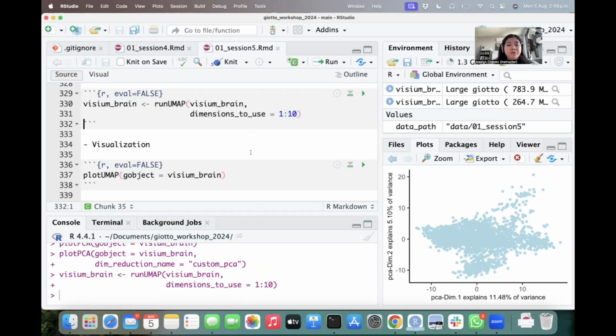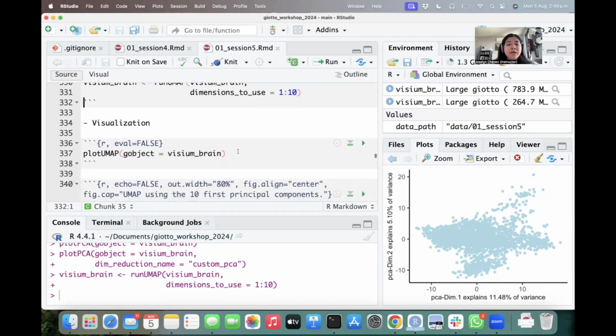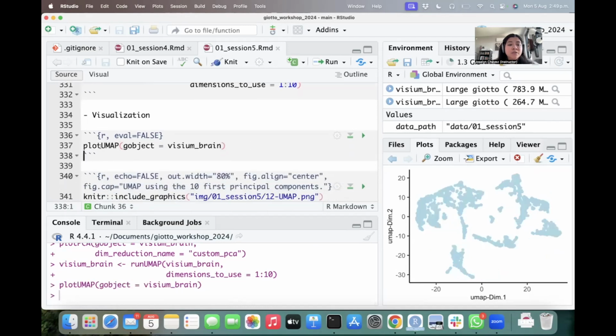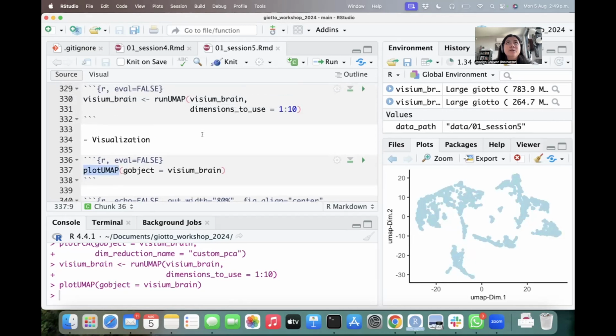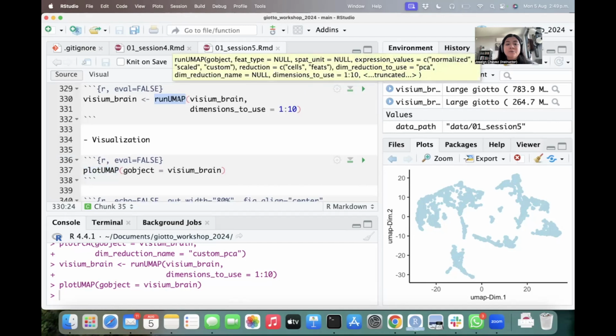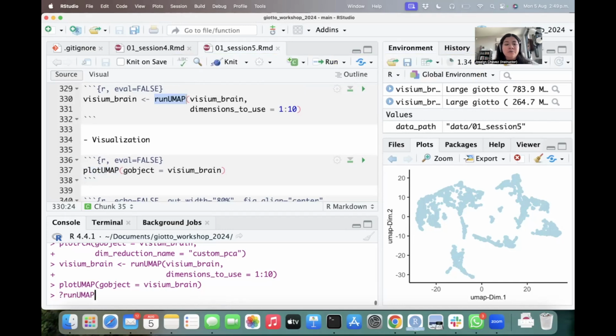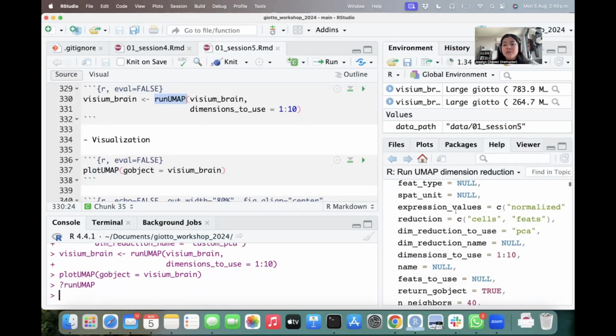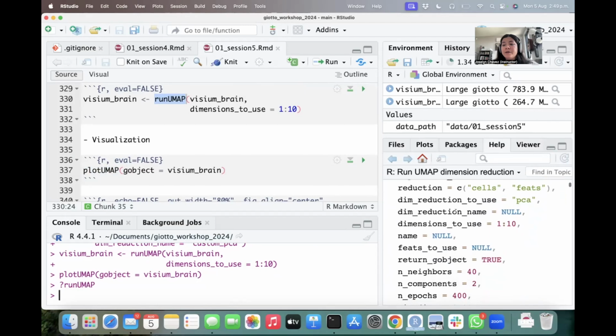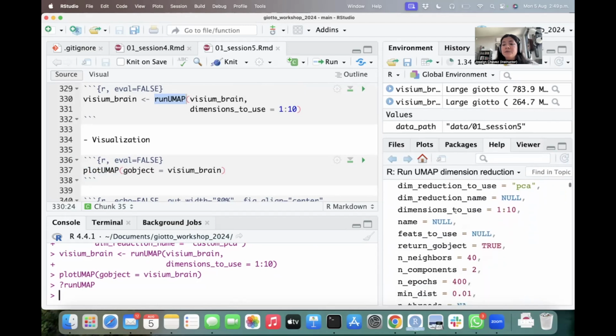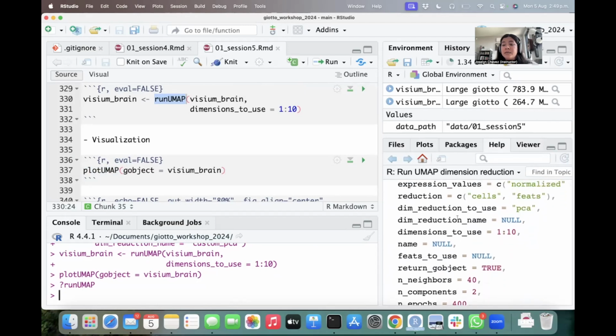So we are running our UMAP, and then we can plot it. Using plot UMAP again will look for the default name resulting from running the UMAP. But if you go to the help of run UMAP, you can find some additional arguments where you can pass a specific name for the